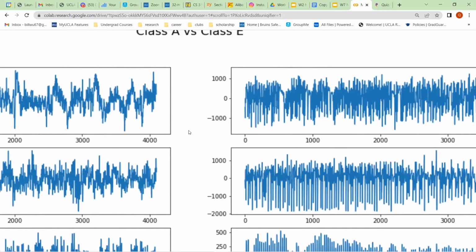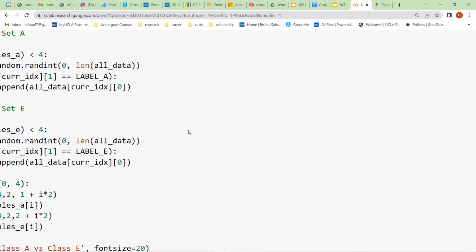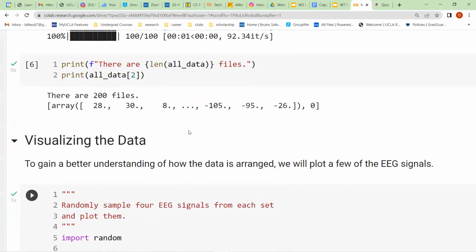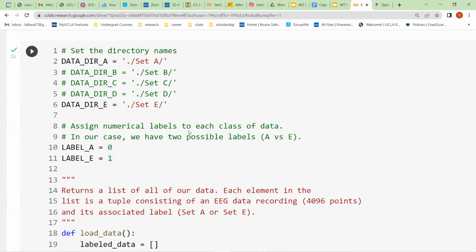I might have to look into that more, because I don't think I've set seeds very often, but I'll get back to you on that. Any other questions?